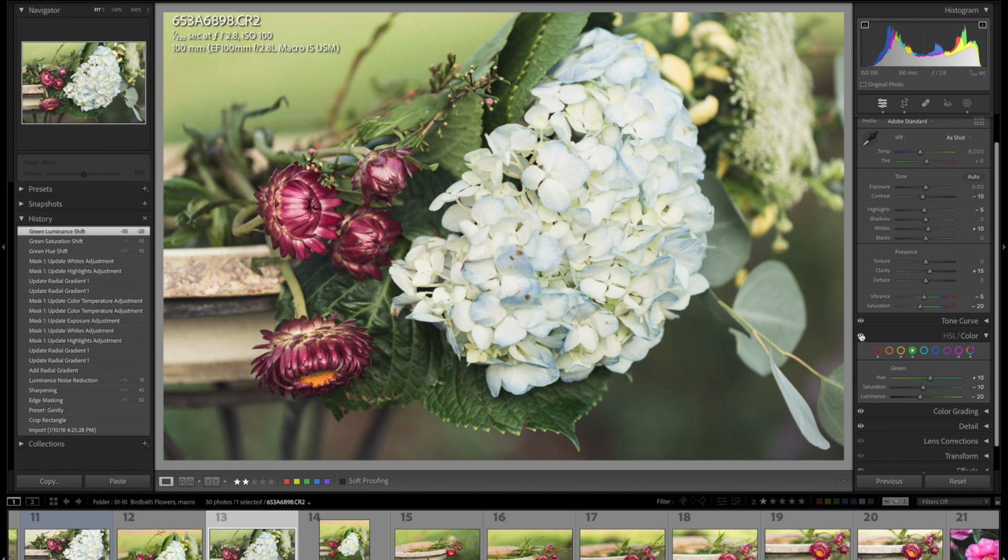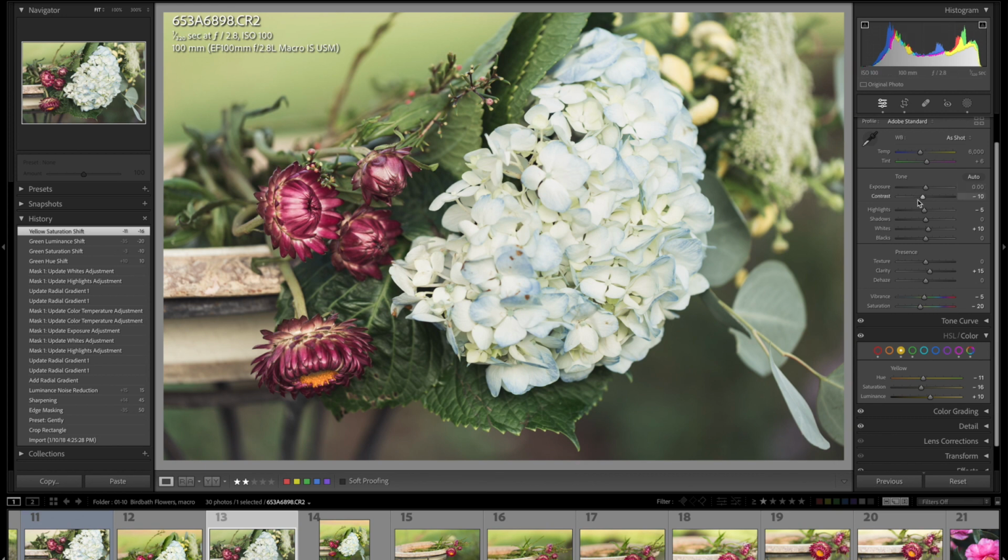See how that works. So turning that off and back on. And then the yellow, pulling that down a little bit, off and on. So I'm going to go back up here and look at my histogram. The blacks aren't bad, but I've lost a little bit of the highlights here by reducing the highlights and whites